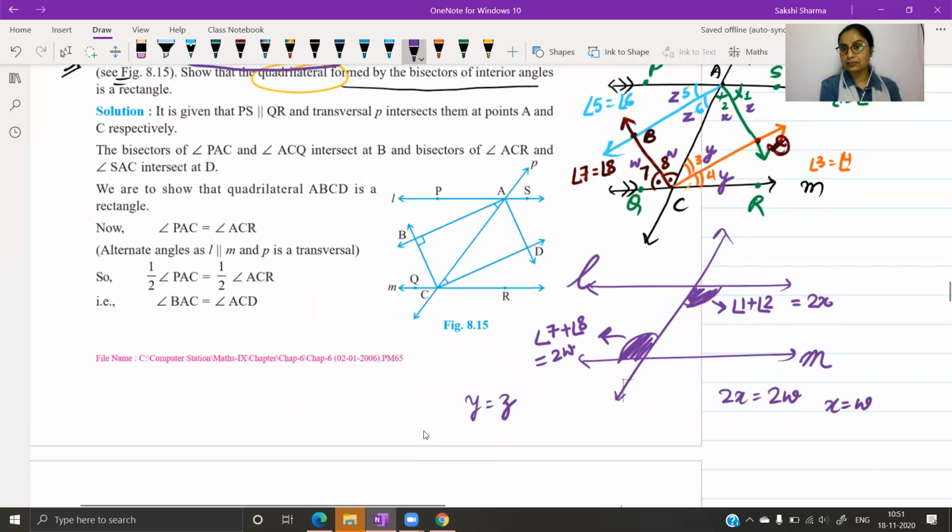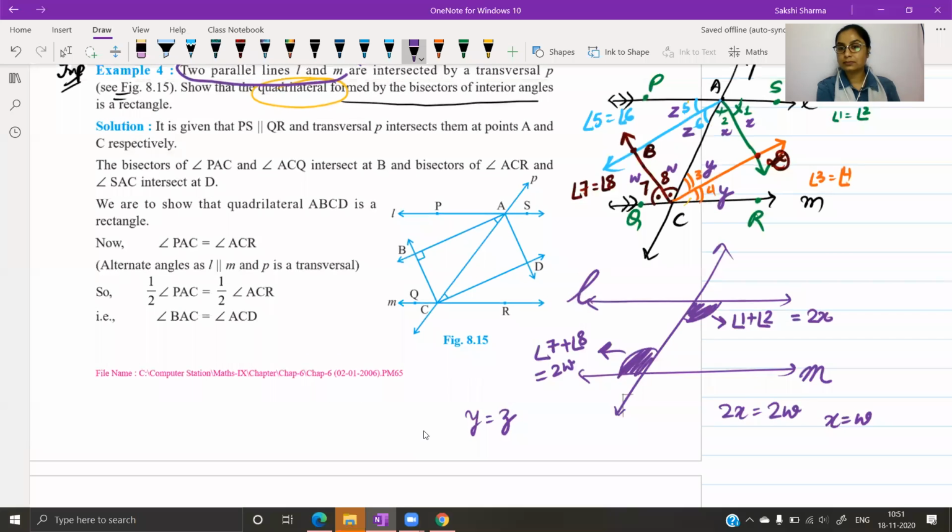Does that make sense? Yes, ma'am. Now, in order to prove that I have the 4 angles equal to 90 degrees, I'm going to use the, okay, this is something which although is not required, but you can